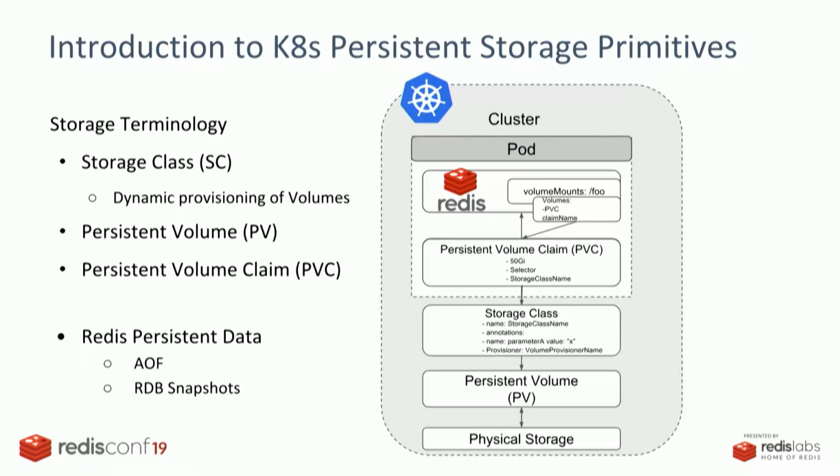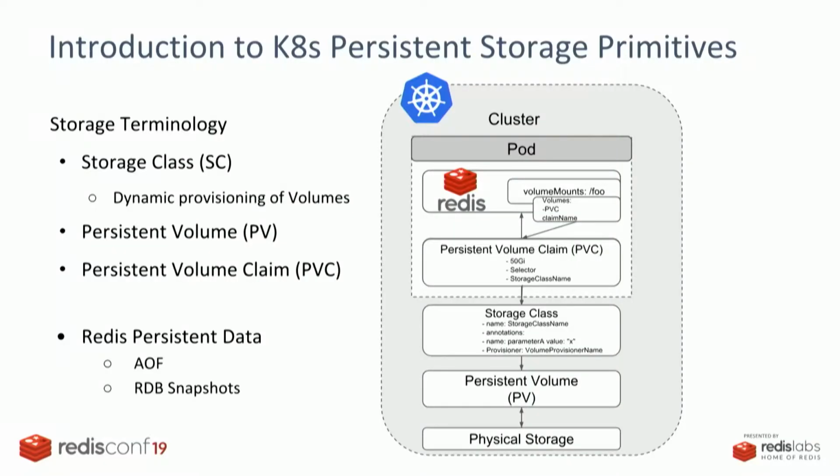And then as an application developer of Redis, what you need to focus on is defining a PVC in your Redis deployment spec. What that essentially does is carve out a particular size of volume that you need for your workload and attach it to your Redis container. So that's the relationship between storage class,